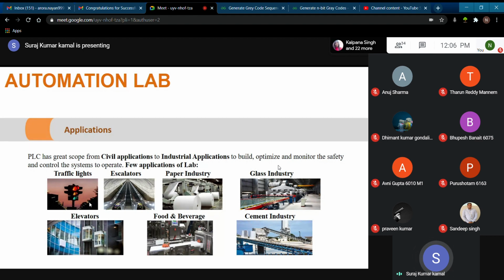As you can see, traffic lights, escalators, elevators. In escalators and elevators, there is a motor that will rotate the lift or the escalator. So that is a drive system that will also be connected with the system. And each and every industry requires security parameters. If you have seen in your houses, there is an MCB over there. So an electrical arrangement is always required before installing the other equipment. The safety parameters are installed first. That will be done in the electrical part, so you can learn all these things in the electrical part also.